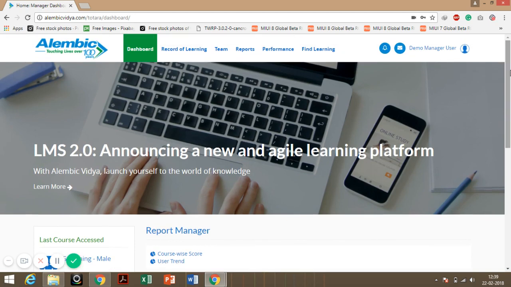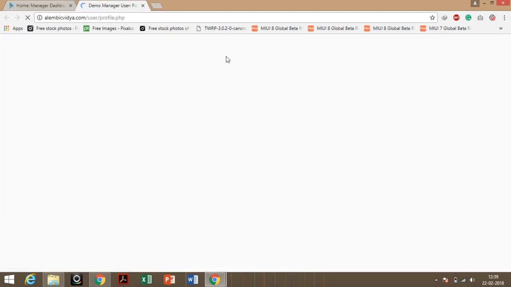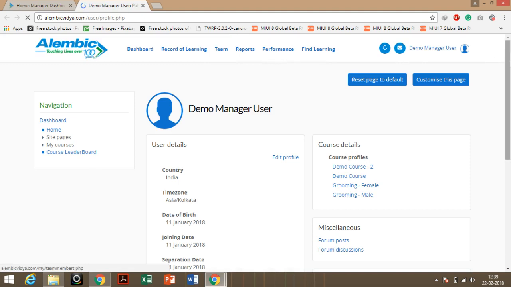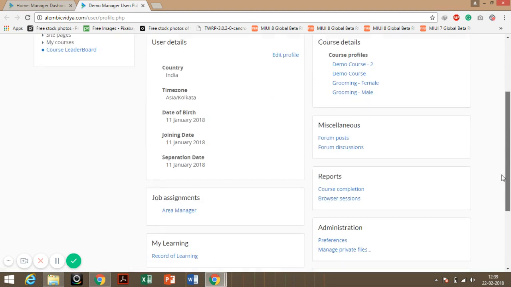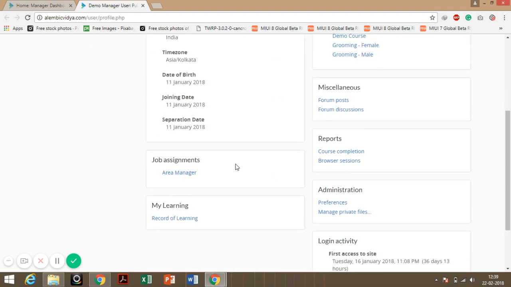Let's dive deeper into the profile page option. This page shows the user information, which includes user details like basic profile information and the profile edit option, job assignments, which could be related to your position, department in the organization, and the reporting manager, My Learning, which is again the record of learning,